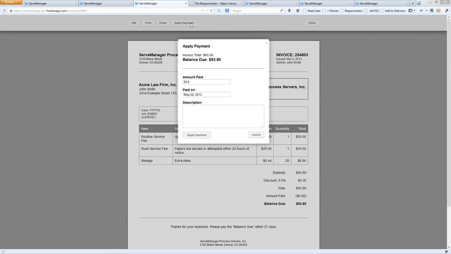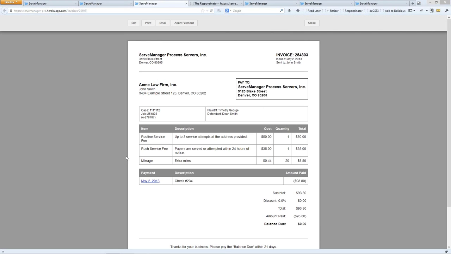Once you've gotten that payment, you can click on Apply. It brings in our full total right here, but we can edit that and enter a partial payment, which would leave the invoice open. Then we can enter the payment type and any other notes that we have, and then we can apply that payment. You can see the payment right there, and now our balance